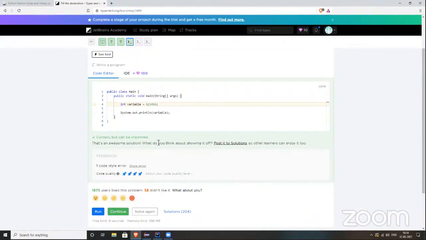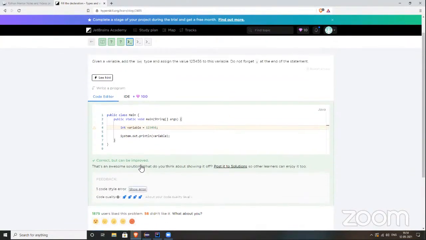It is showing correct, but it can be better. One code style error. I don't know, it only shows this. So how do I know what that style error is? Click on show error. It is only showing this one.